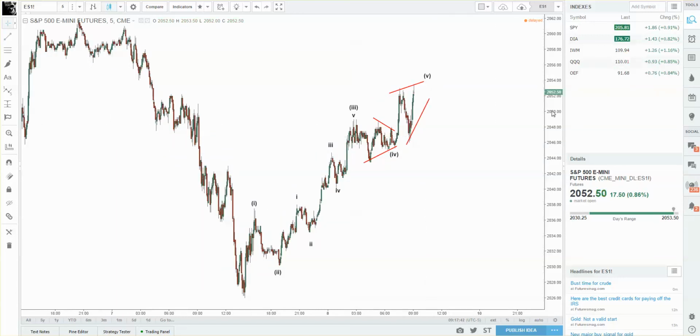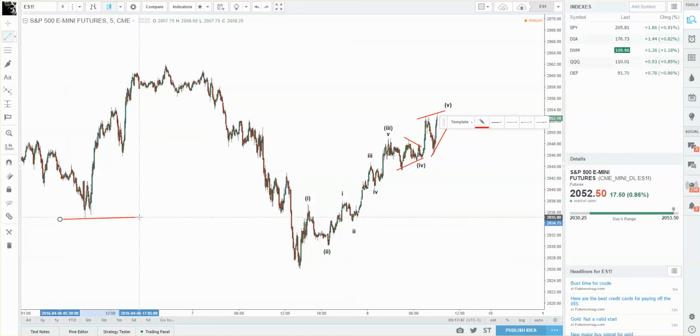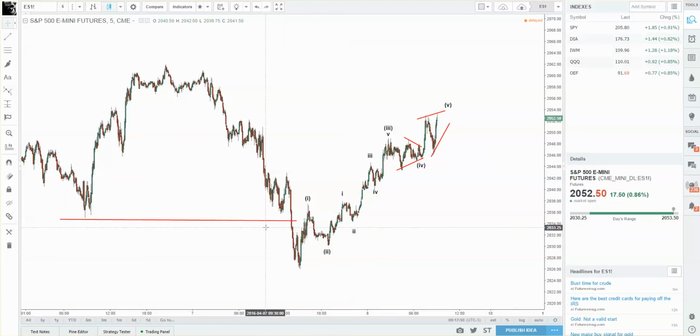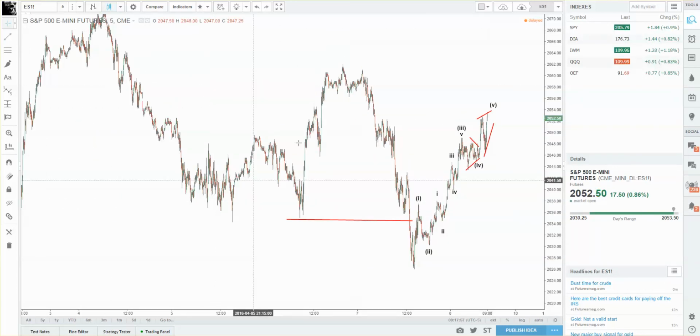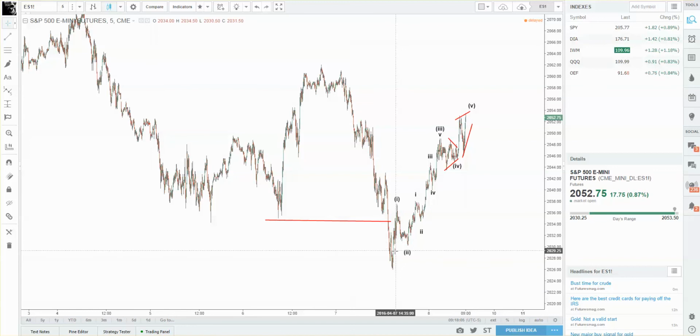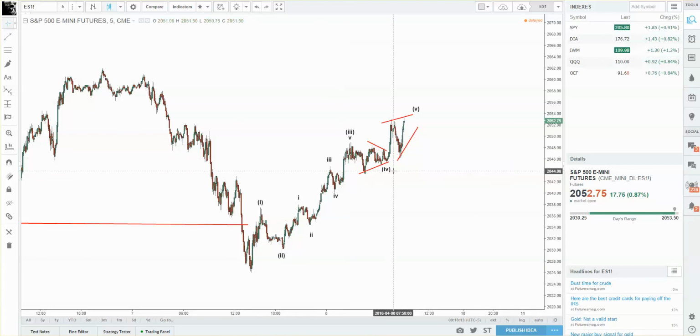But let's get back to the bigger picture with regards to yesterday's forecast. Although we did make a new low as expected, this was not forecast. This is telling me that my count, which was wave 1, 2, and this was supposed to be a smaller degree wave 1 and 2, is wrong because this is not a second wave. No way, no how. This is an impulse wave to the upside, which suggests the uptrend continues to remain intact.